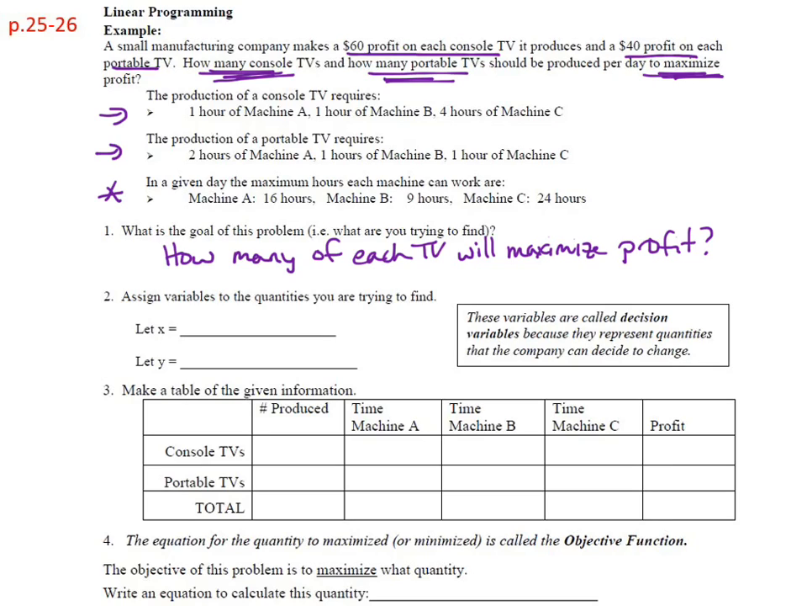Alright, so just like any other word problem, we need to assign variables for the quantities that we're trying to find, those TVs. Now when you're working with linear programming, these variables are what we call decision variables because they're representing the quantities that the company can decide to change. You get to decide how many of each TV, so it's a decision variable. Well, the TVs that we're looking at are the console and the portable TVs. So if we let X be the number of console TVs and let Y be the number of portable TVs,